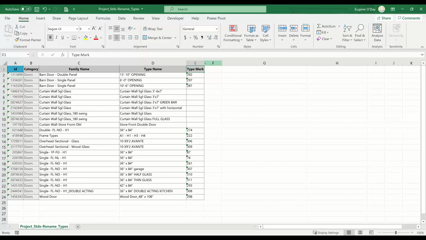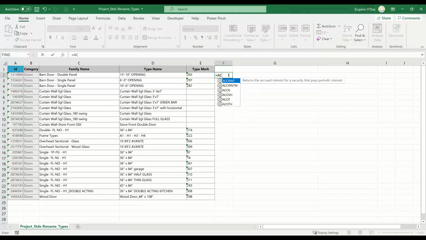There we go. All right, so remember, we've got our gray for ID, we got our category that is gray, and then we got area information that we can actually go off and change. So what I want to do again is I want to create a formula here, and what I want to do is our company is AC, let's say, and I want to add that AC in front of all of my door names. And so what I will do is I'll create a formula here that's equal, we'll say AC dash